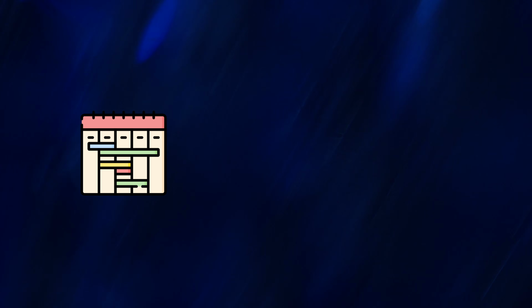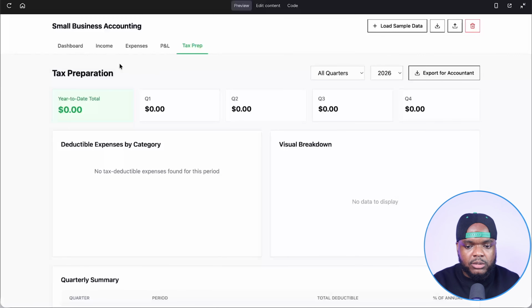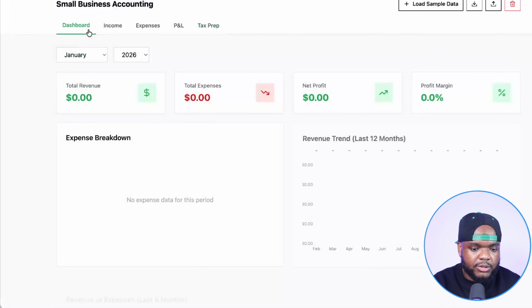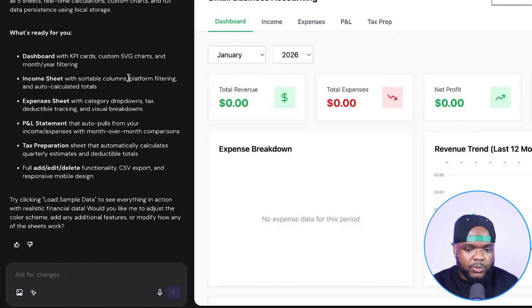You're going to be able to build an interactive application. You're going to be able to even build an interactive ebook if you wanted to. So this tool is definitely powerful as long as you insert the right prompt. And just to give you a walkthrough as to how this entire interface works, by the way, this